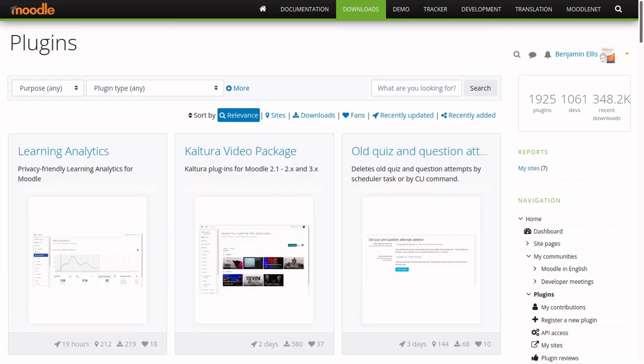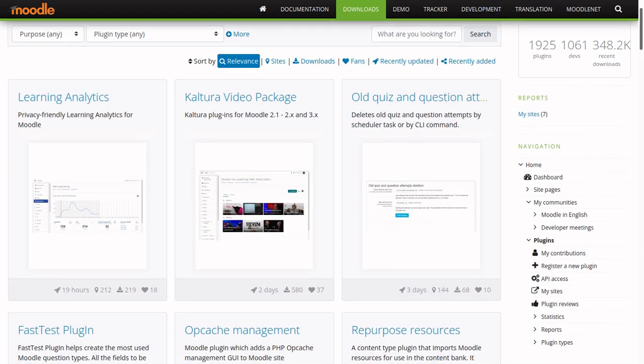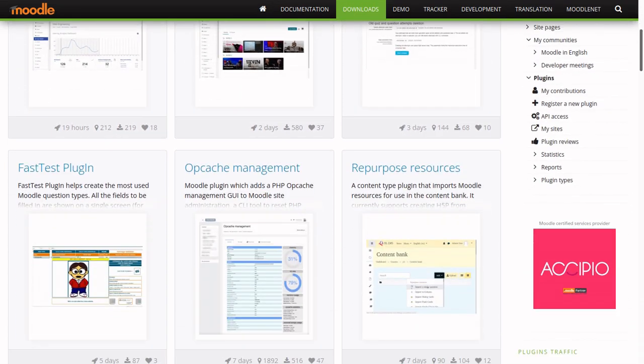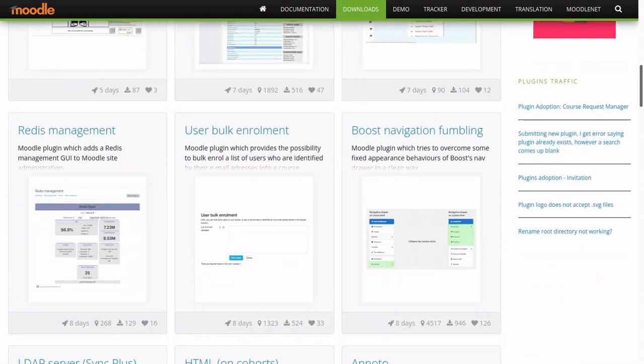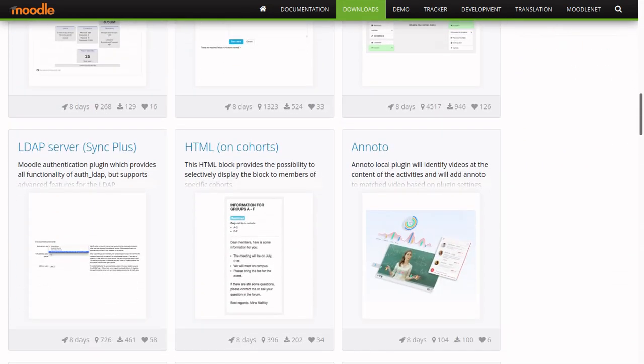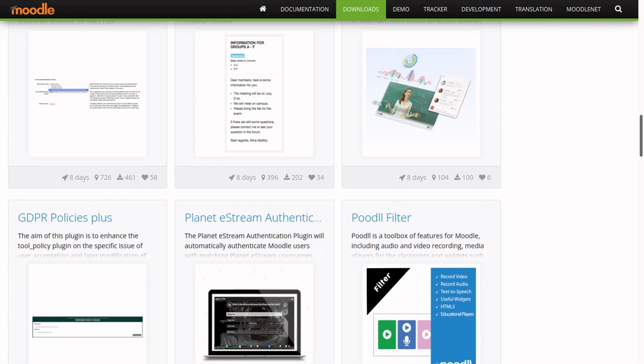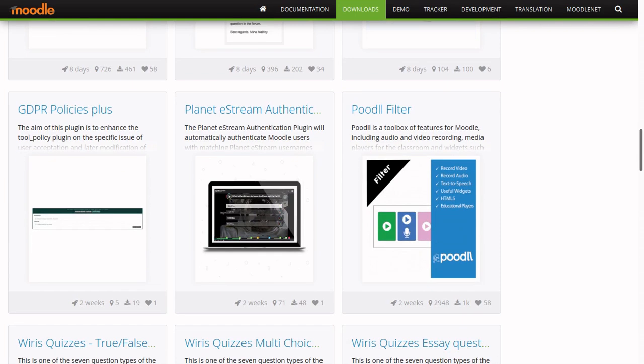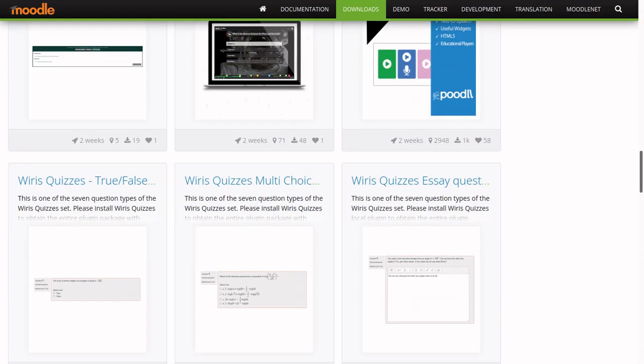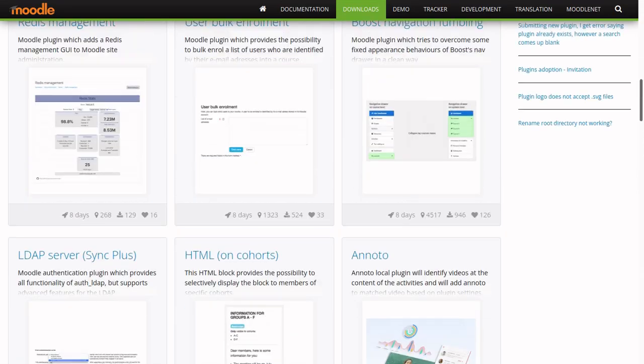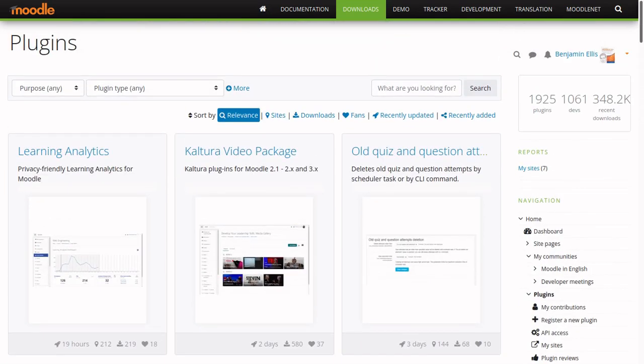So alongside the ones that are done by Moodle partners and open universities, quite a lot of these are released by individuals, some working for companies that allow them to do open source work maybe once a week or something like that. Others, people who have developed the plugin and have maintained it for years, right? And if you yourself decided you've got a nice plugin that you want to actually release into the plugins directory,